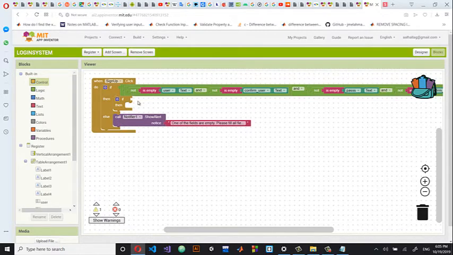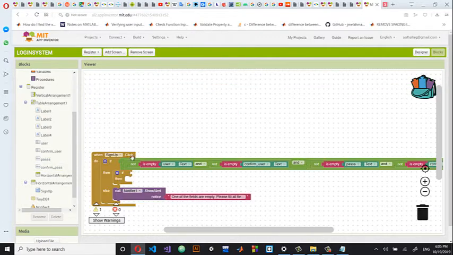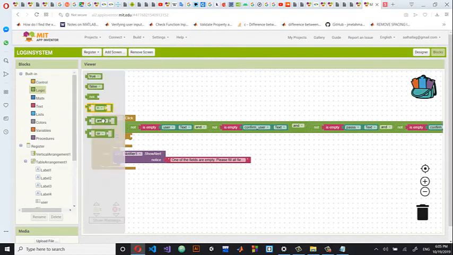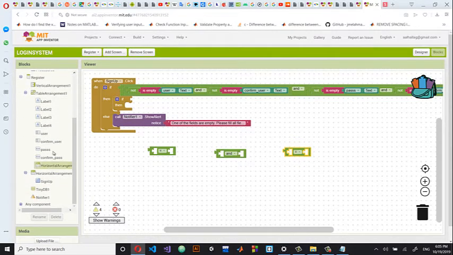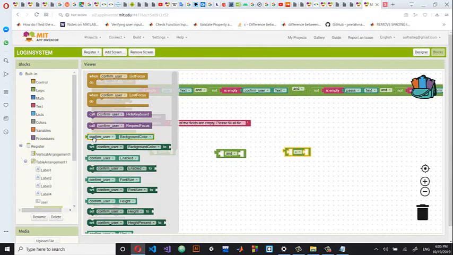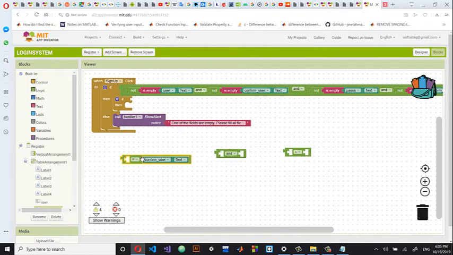Okay, fields are not empty. Let's now check the equality between the user and the confirm user. And let's check the equality between the password and confirm password. And say something like, we will need an AND, and we will need an equality check for the first condition and equality check for the second condition. We will say if the confirm user text equaled whatever the user will enter in the user text box,